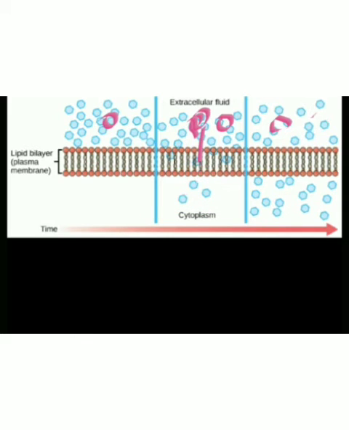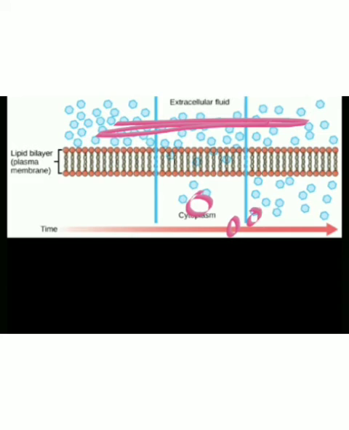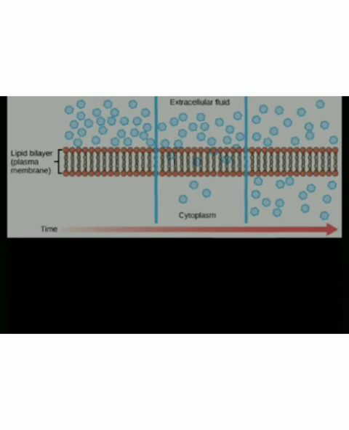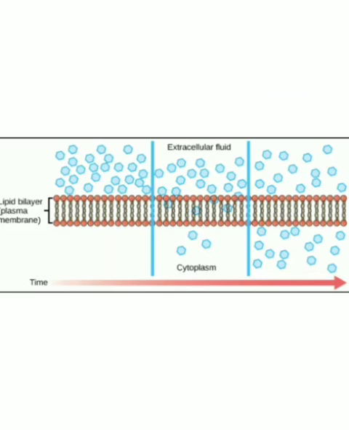Until the concentrations become equal, molecules or substances keep exchanging. Here there is a high concentration in the external environment, and in the cell there is a low concentration. So the molecules or substances will enter into the cell and it will reach equilibrium. So students, diffusion is nothing but the movement of substances from a region of higher concentration to a region of lower concentration.